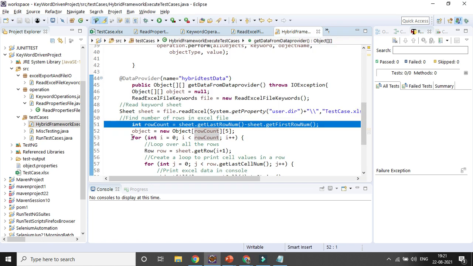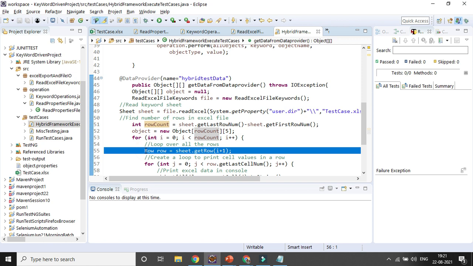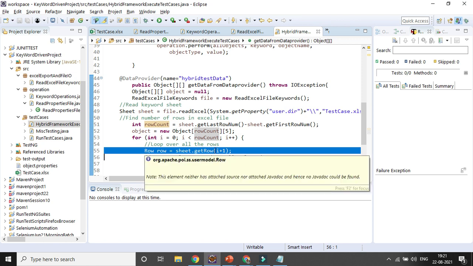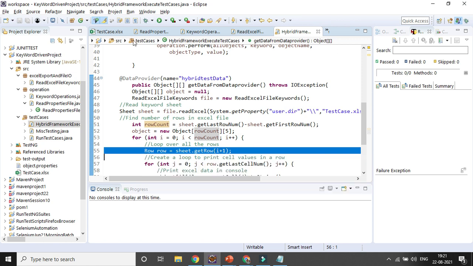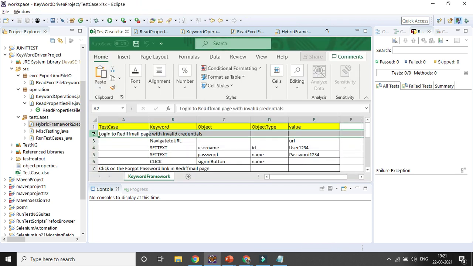Then I am trying a for loop, where I equal to starting from 0, I less than row count, I plus plus, but the row I am reading from I plus 1, that means from the first one, right? That one I am trying to read, because the zeroth row is my header, so there is no point in reading that one, right? So that is the reason I am using I plus 1, where I is starting from 0. So I am ignoring it.